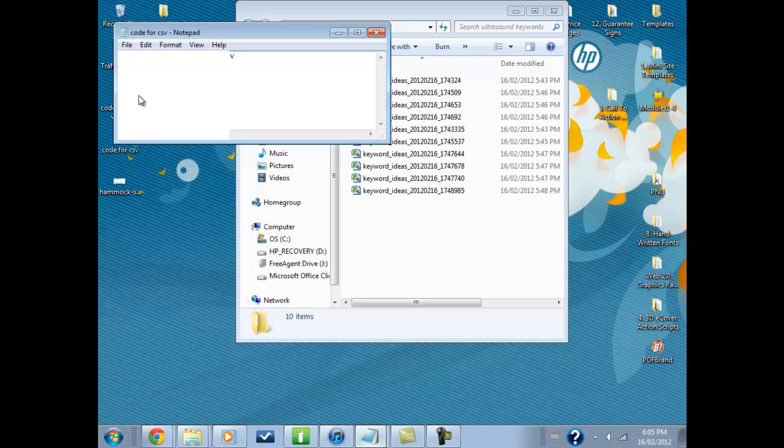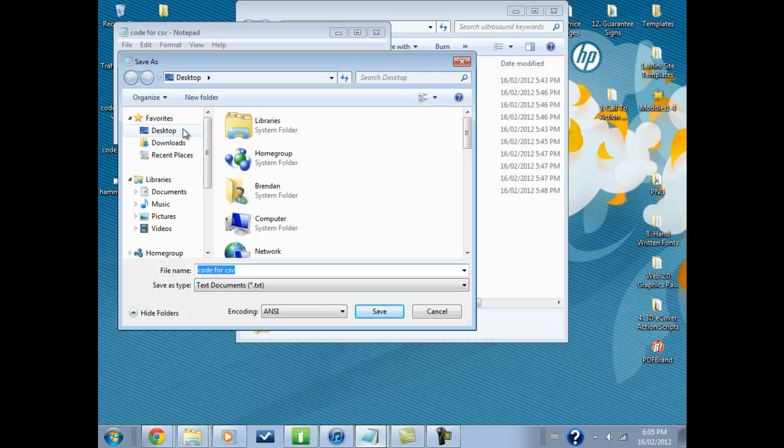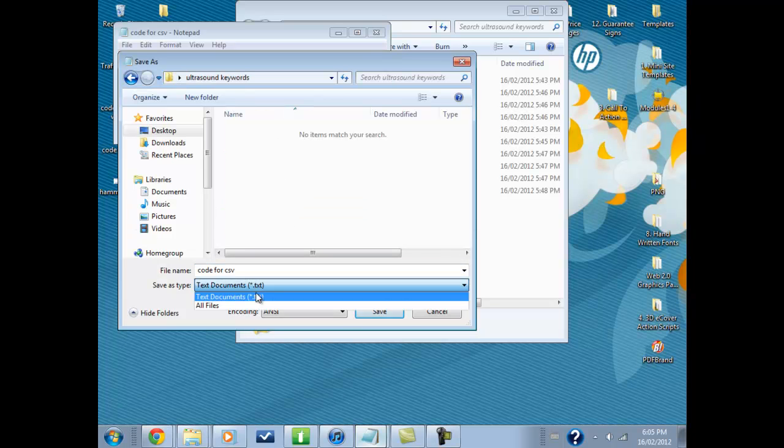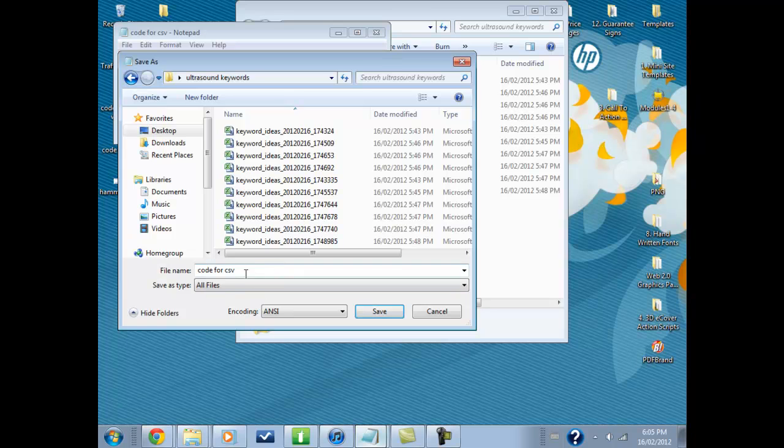All you do then is you save as, and you go to your folder, so ultrasound keywords, and you want to rename this file csv dot, and this is the important part that you need to know, is that the extension needs to be .bat. It can't be a text file, because this is the part of the code that's going to get all these files to combine. So you press save here,